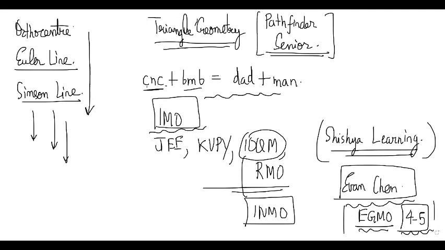Normally, what classes do SL Loni and Pathfinder Senior? SL Loni you should do whenever you can. You should start whenever you can. You don't have to do the entire book; you have to do selected chapters from it. For Olympiads, I would recommend doing the first 4, 5, 6 chapters for basic geometry and then chapter 12 and chapter 15. First 4, 5 chapters for basic trigonometry and then chapter 12 and chapter 15. Don't spend time doing anything else.